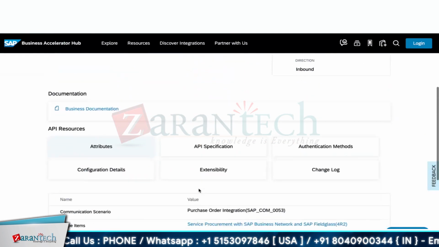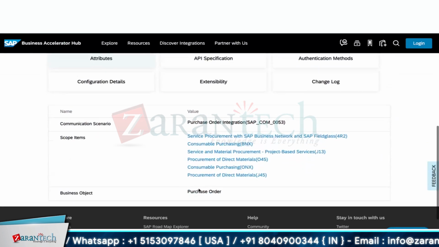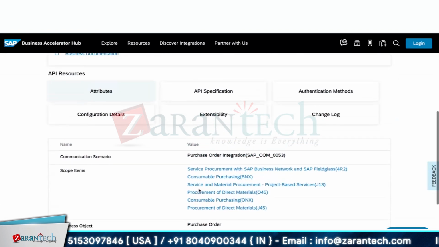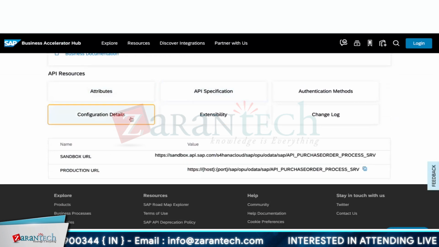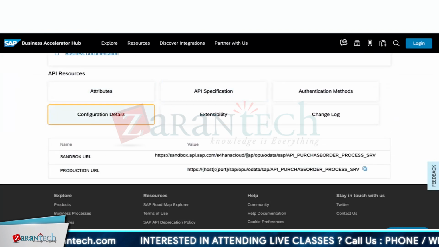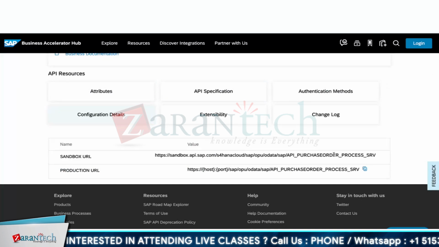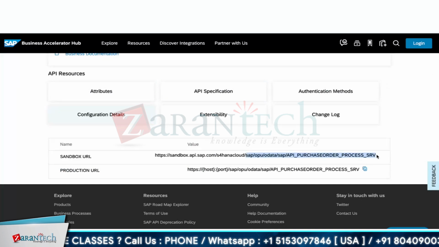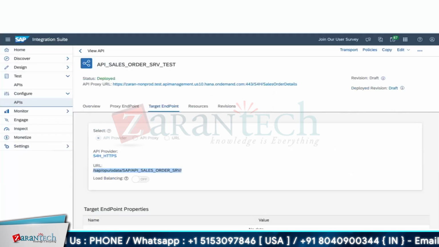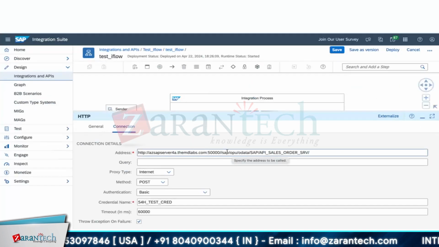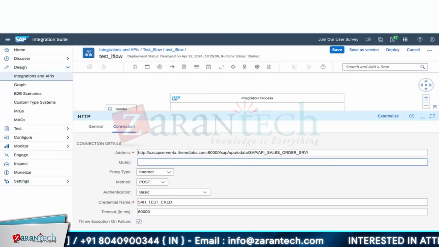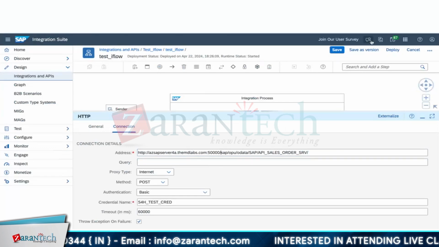This is the OData V2 API specification. Yes, this is the API configuration details. We can copy this entire thing here, then put this one, and I can put some more extensions.